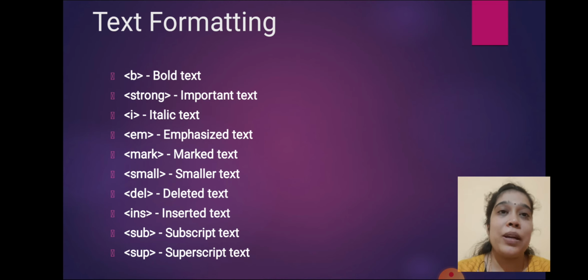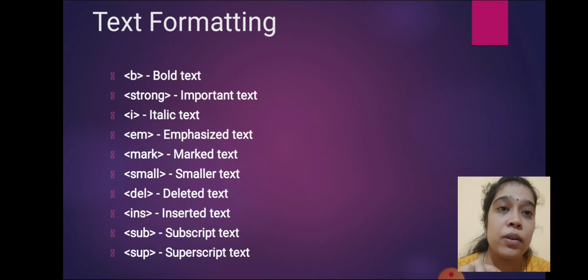For example, B for bold, I for italic, which gives the italic style. Mark is used if we want to highlight any text. Small is for smaller text: whatever you write inside small will display in a smaller font compared to other text.